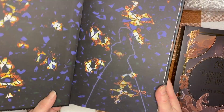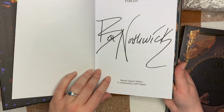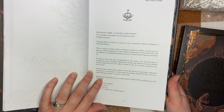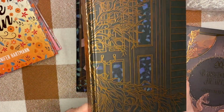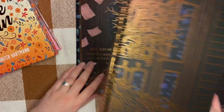So this is Moonlight's more like spicy paranormal fantasy books. It is signed by the author. I just get the idea that this is the, Alyssa's World. She does a lot, Victoria at Alyssa's World. She does a lot of the thing is I think I remember seeing